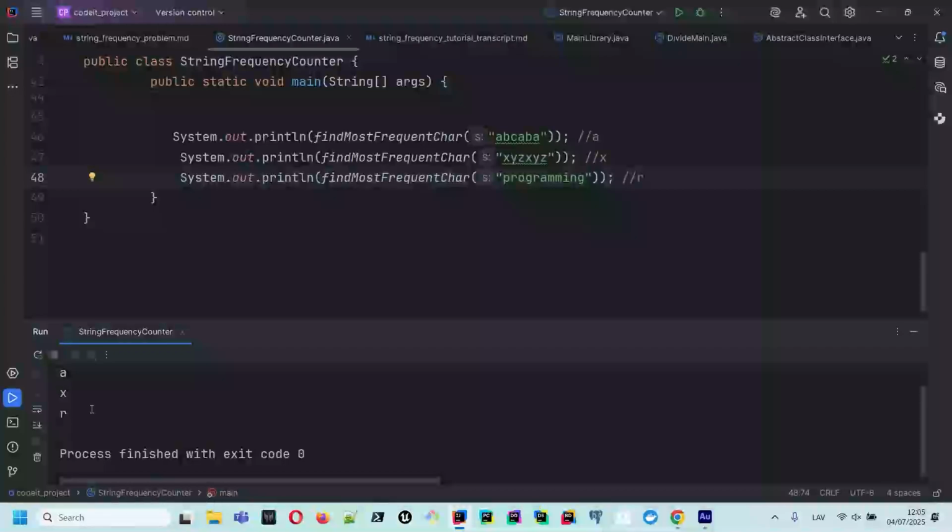So we solved the string frequency problem using a hash map to count character frequencies. The key challenge was handling the case where multiple characters have the same frequency, which we solved by iterating through the string in order, right? This problem tests your understanding of data structures, particularly hash maps, and your ability to handle edge cases and special conditions. And remember, in a coding interview, it's important to communicate your thought process, handle edge cases, and write